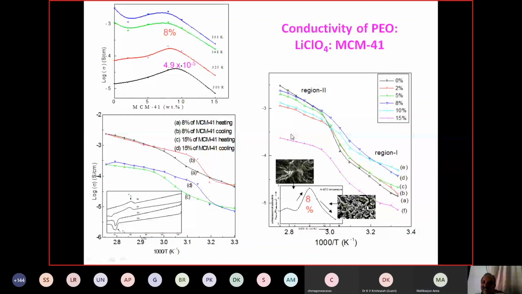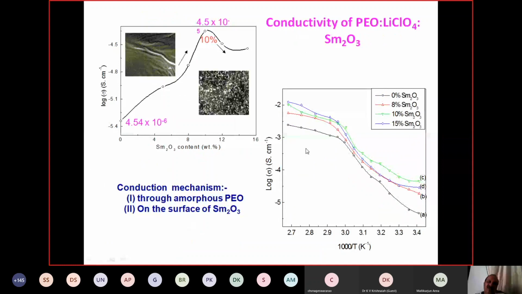So the conductivity is decreasing. You see here, the same thing happens: you can accommodate up to 10%, and in this case also it accommodates up to 10%. Further, it is decreasing. In this case also, heating and cooling, material added in this. You see here, it clearly shows the aggregation. Here there is smoothness, which means some crystalline nature is there, so the conductivity increases. But here there is also some amorphous nature, and the aggregation of the oxide material is taking place, so its conductivity is decreased.